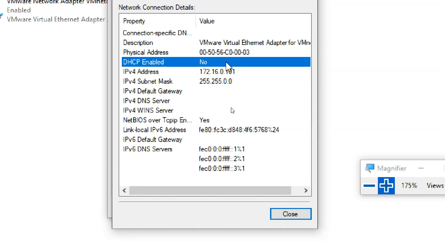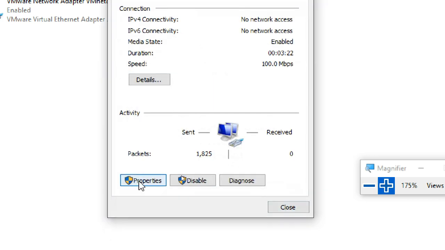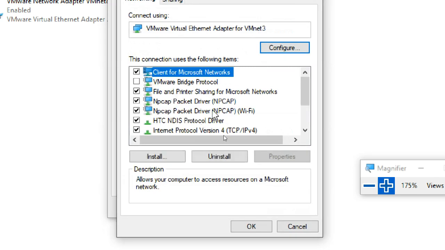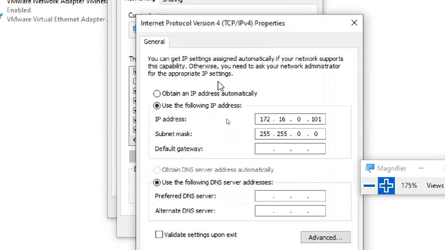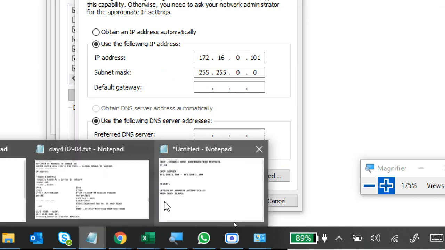DHCP enabled no means don't take the IP from the DHCP server, assign it manually. Again, in IPv4 properties, use the following IP address means you should assign the IP address manually.